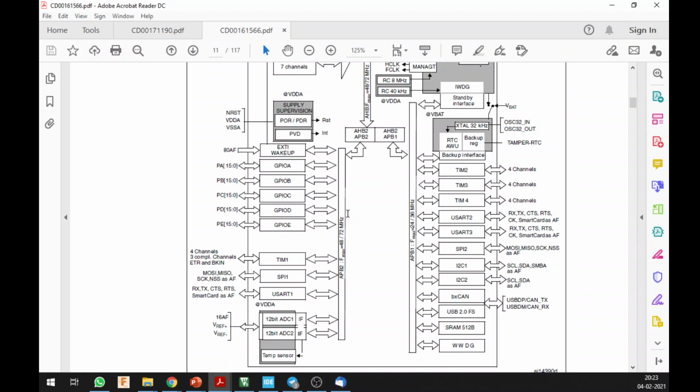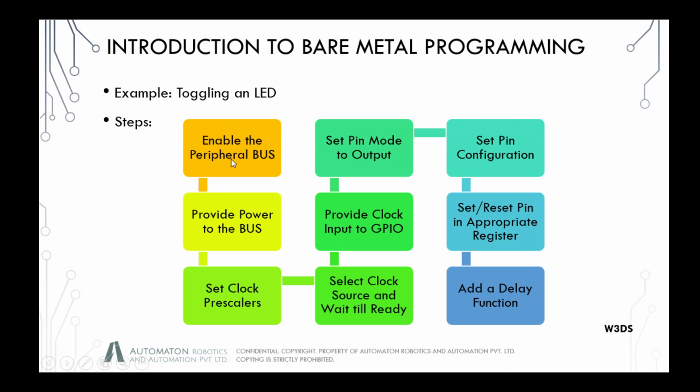So the first step of doing this is to enable the peripheral bus, and the peripheral bus is basically your APB2. Next, you are going to provide power to the bus, because since these are all low power devices, ARM, or maybe ST, has optimized them to be powered off by default. So if you connect anything to a non-powered pin, probably nothing is going to happen. You're not going to get any kind of inputs or output. So we are then going to provide the power to the bus.